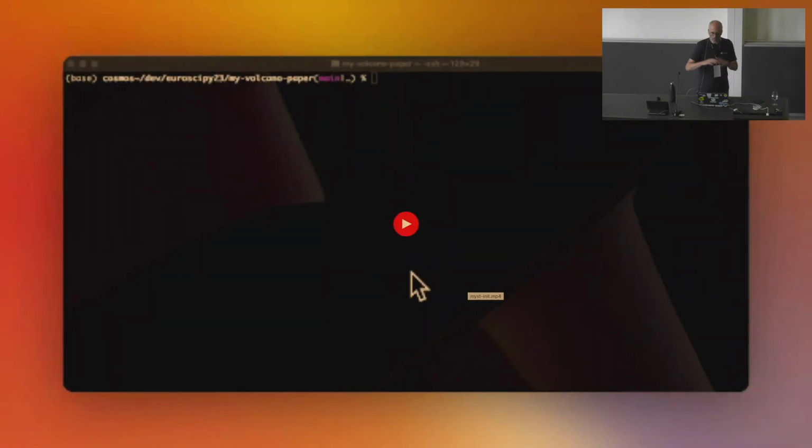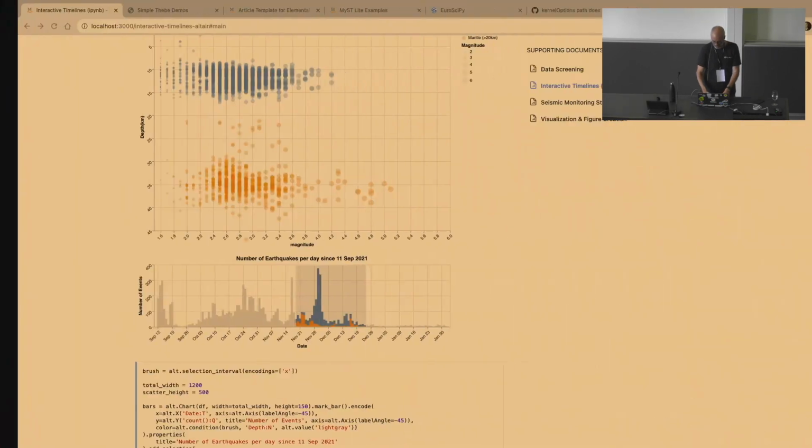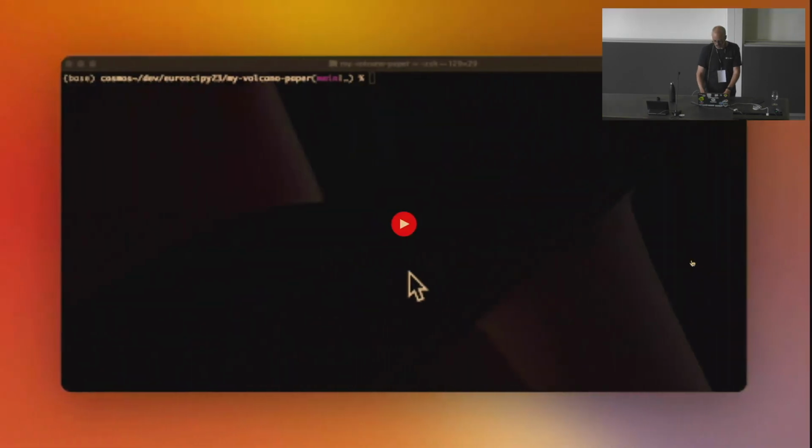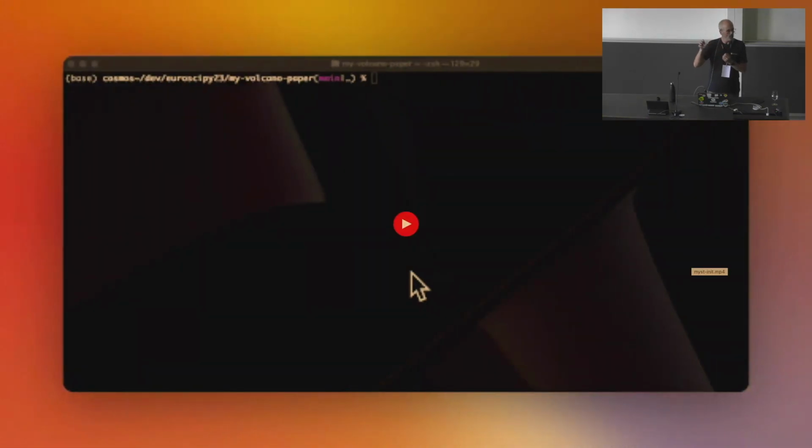So that was quite a rich looking paper there, and actually I've cheated a little bit because to get to this stage needs a little bit more configuration, and I'll go through that now to show you how I got all my author information in here, how I got my PDF, and how I got these things called JATS and MECA. What's interesting here is MyST allows you to produce the exact assets that major publishers use for archiving and